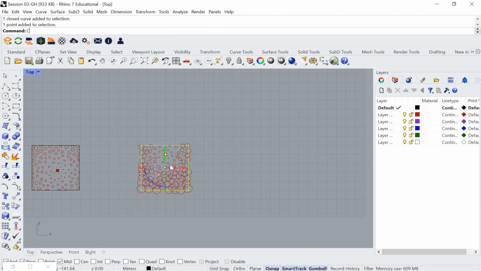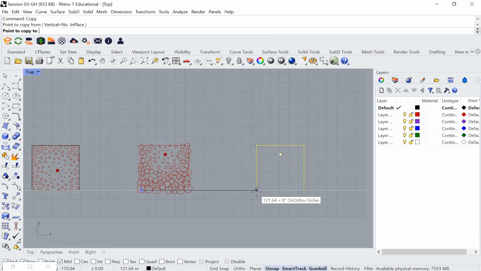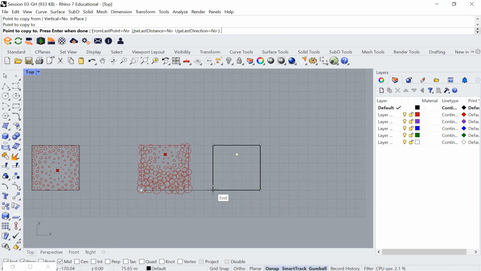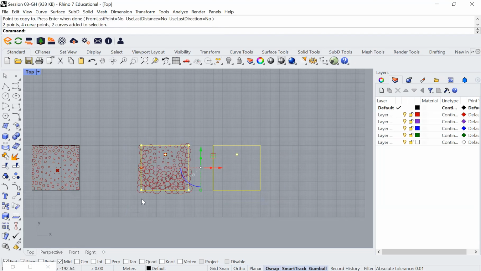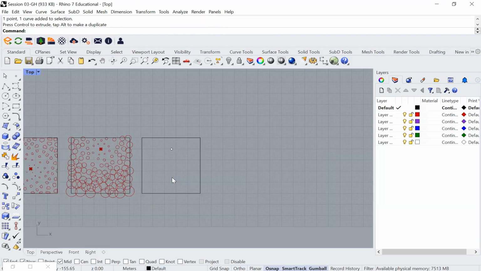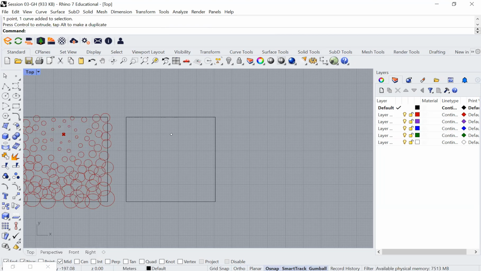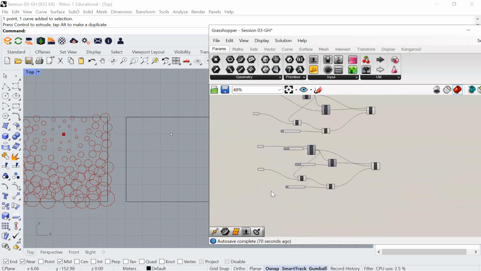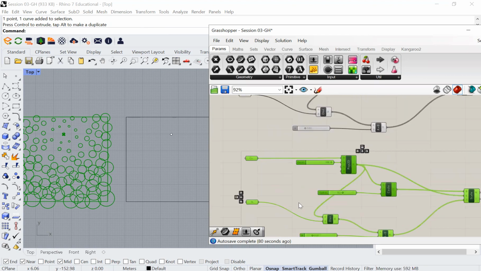I'm going to just type copy actually, because I like to click in Rhino when I want to copy. I'm just going to drag them closer to each other. So I need to have my worksheet tidy as much as possible. So let's copy this definition again. So Control C, Control V, drag it down, and then